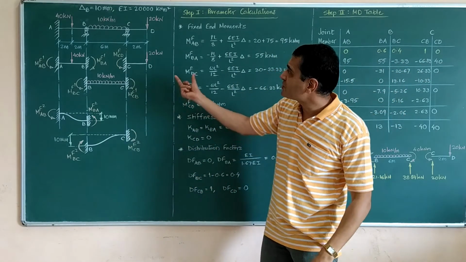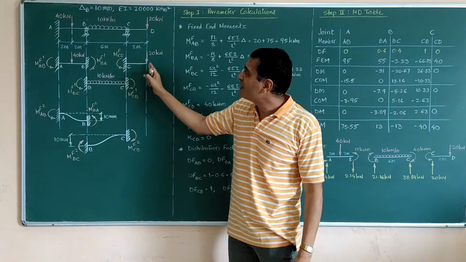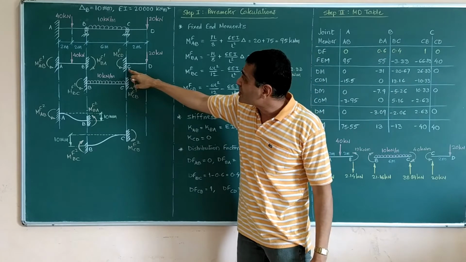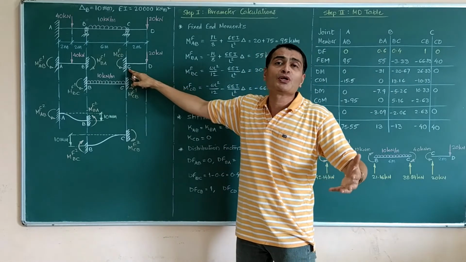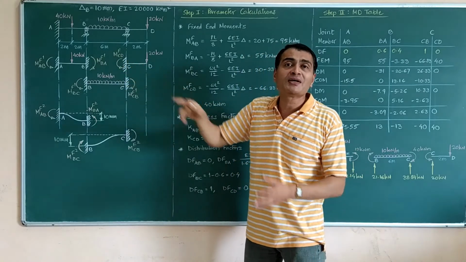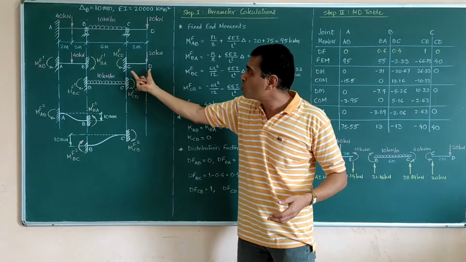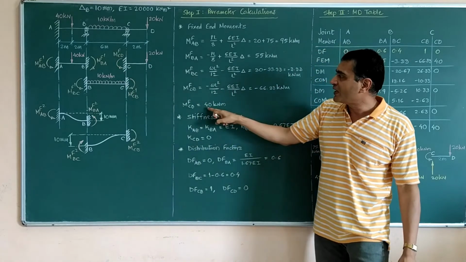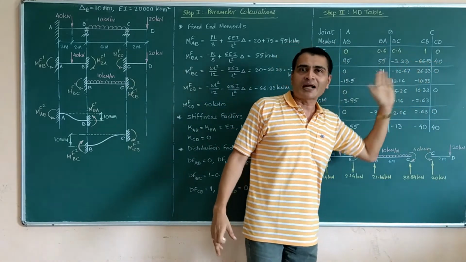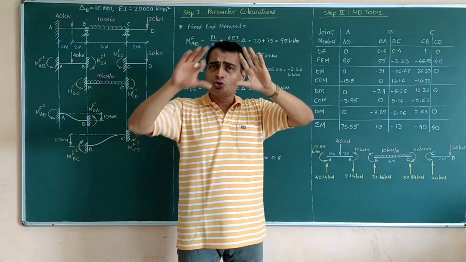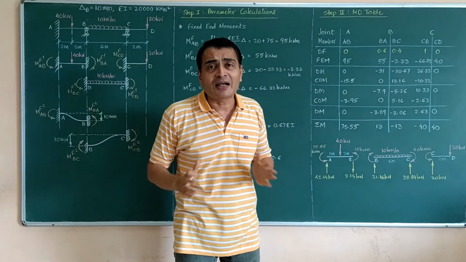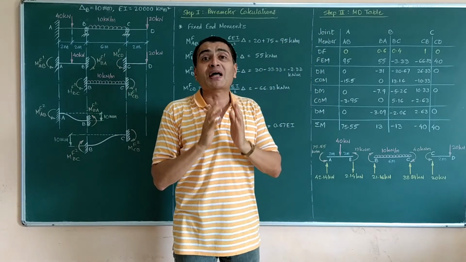This 40 is obvious. If you look at the portion CD, this is acting like a cantilever. So if I consider sigma M about C equal to 0, simply using principles of statics, I am getting the fixed end moment, the reactionary moment here, as 40: 20 into 2, anti-clockwise 40. That is what we have written here and that is what I am writing in the table. So great, our data is compiled, our data are ready, and now we go for observing balance.